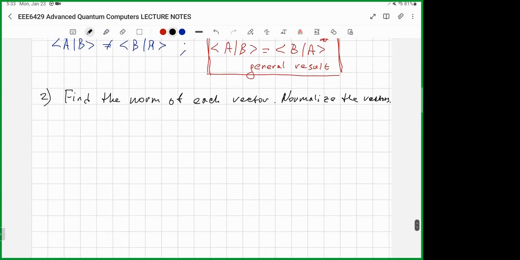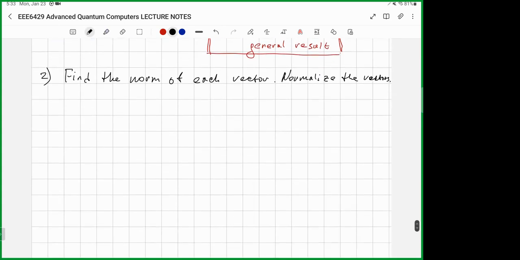Normalization of a vector means changing the vector so that its norm equals 1, or the length of the vector will be 1. So the vectors are: vector A is 2 minus 7i, 1,